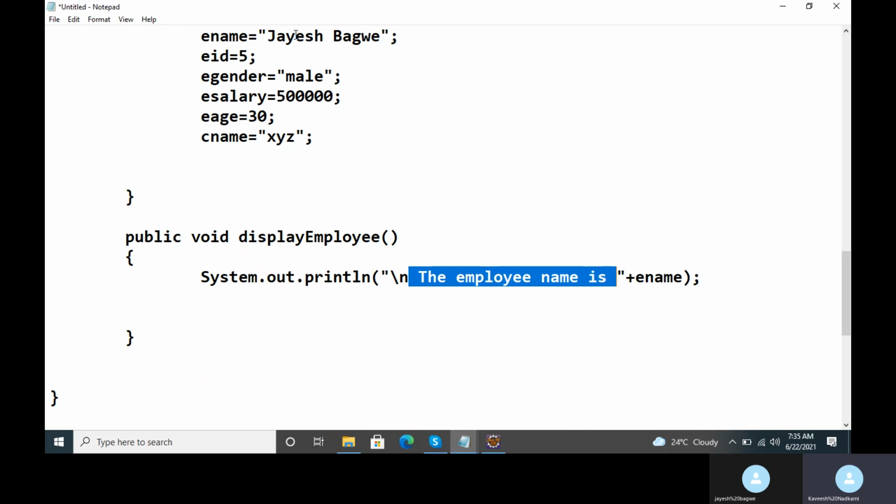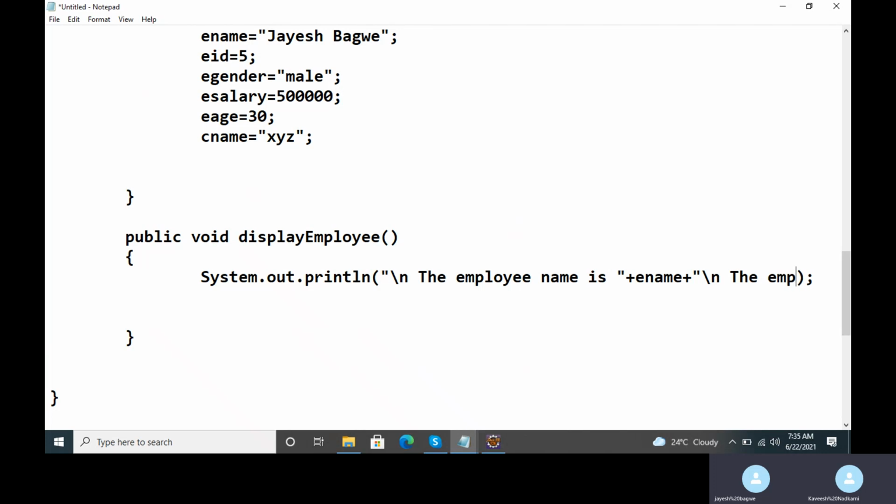Clear, Jayesh? And now I want to display the other values also on the screen. So again, I'll put a plus after ename, Jayesh. Got it? The employee ID is plus eid. The employee gender now is egender, Jayesh.